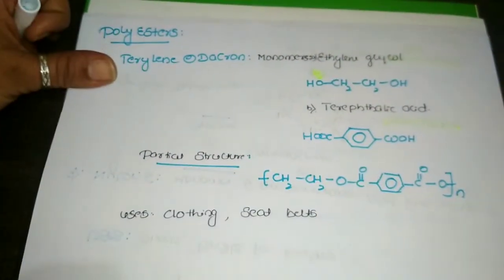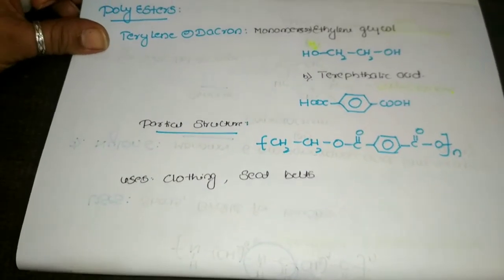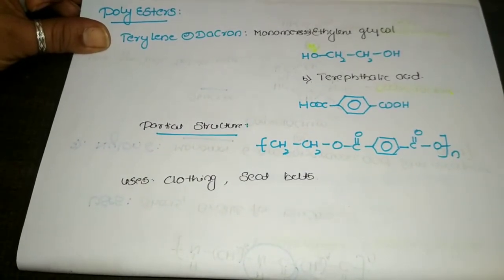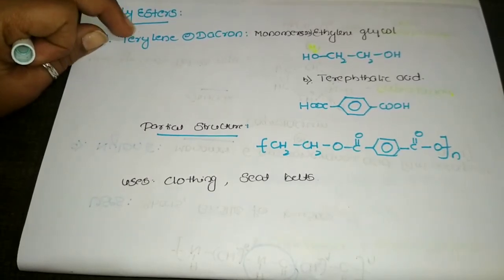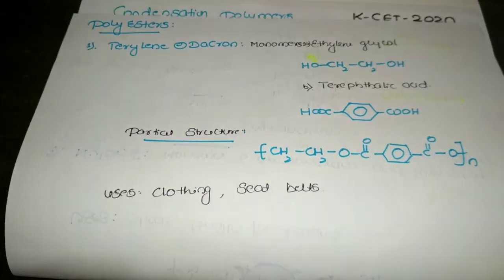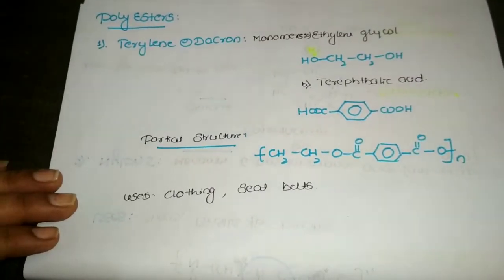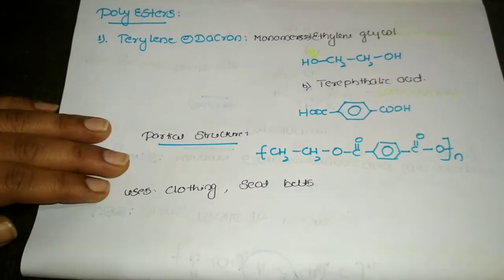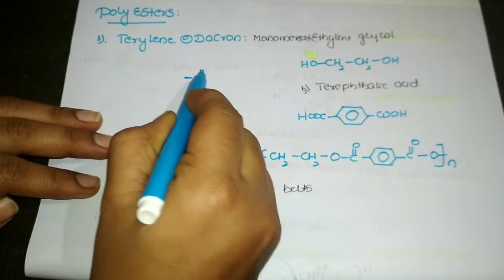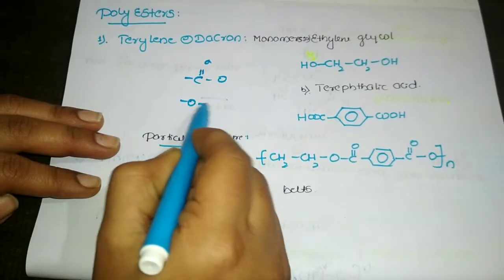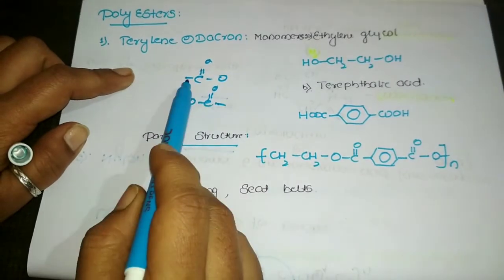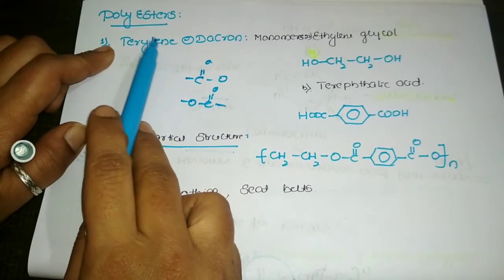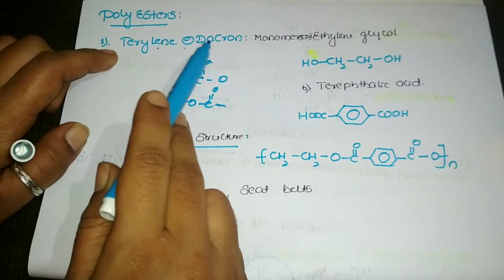Similarly, there is another condensation polymer, that is polyester. As I told, like the polyamide, in polyester a number of ester bonds will be formed when the polymerization occurs between the two monomer units. That's why the name polyester. The functional group of ester, we know, is C double bond O, this is how we are going to write it. So this is ester. Examples of polyester polymers are terylene or Dacron.